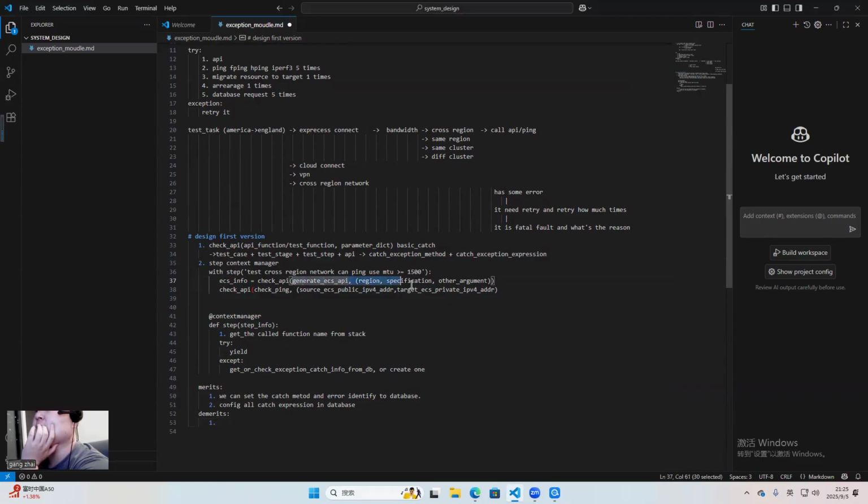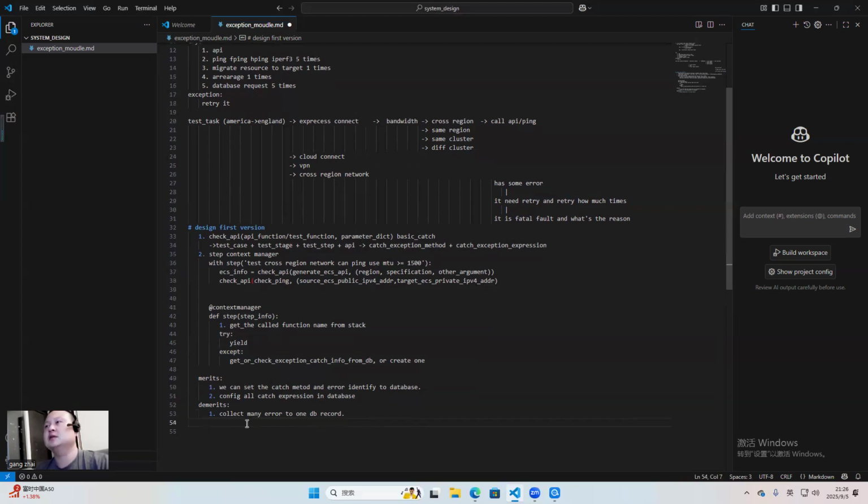this one API will have many errors. We collect many errors into one DB record. And the second demerit was